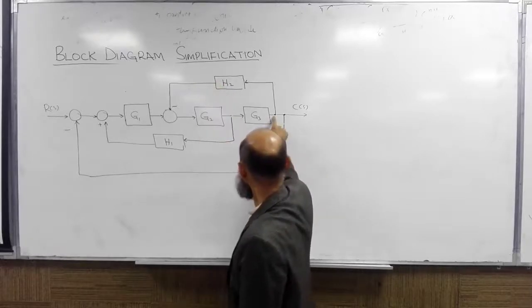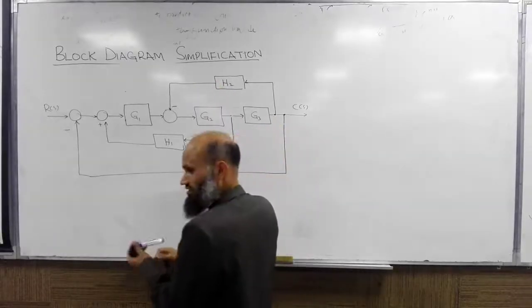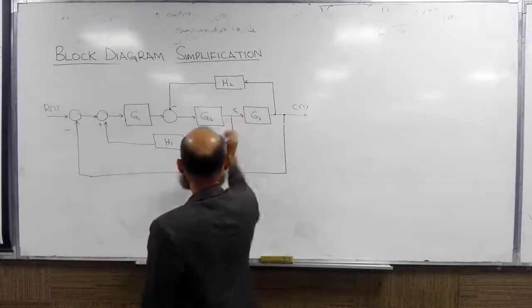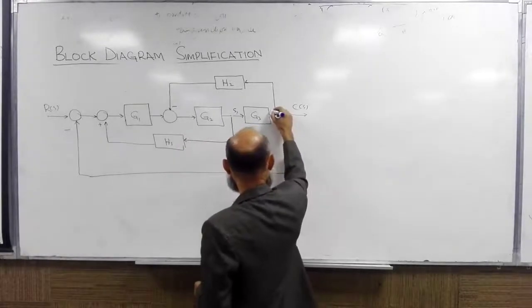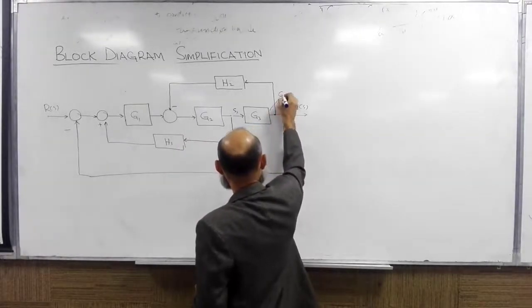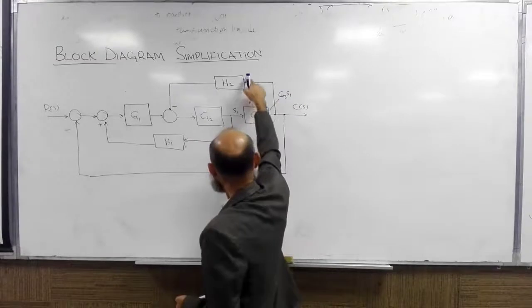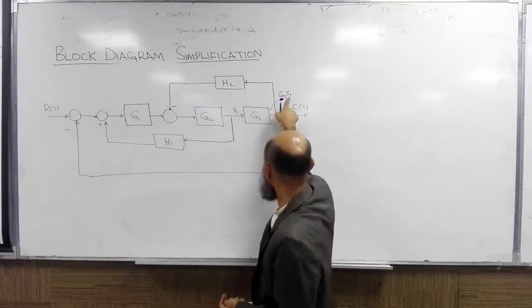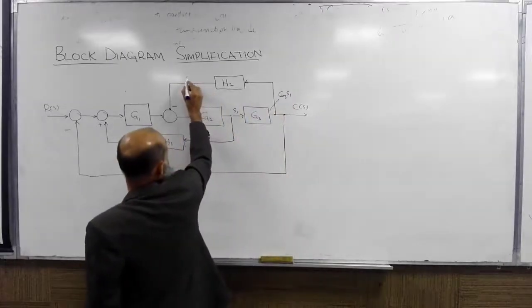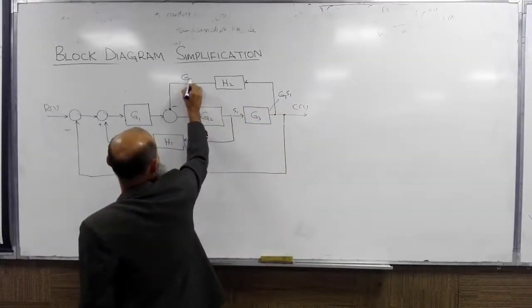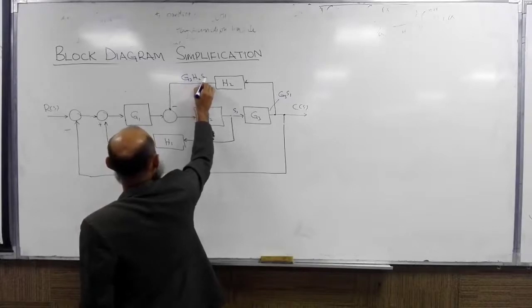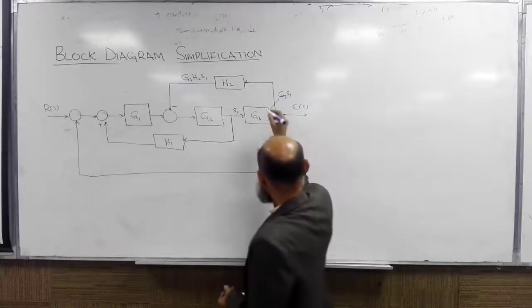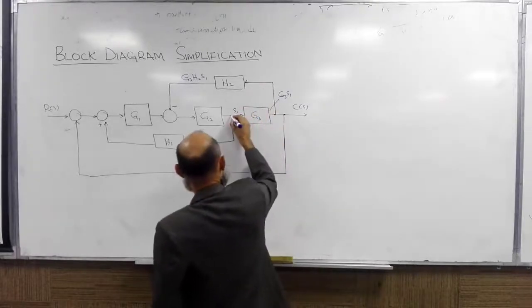No, which signal is coming here? Let me name this signal, for example, S1. So what is the signal that is coming? G3 into S1. So the signal that should come here must be G3 into S1, and here it should be G3 H2 into S1, right? So what we do is we bring this point over here,